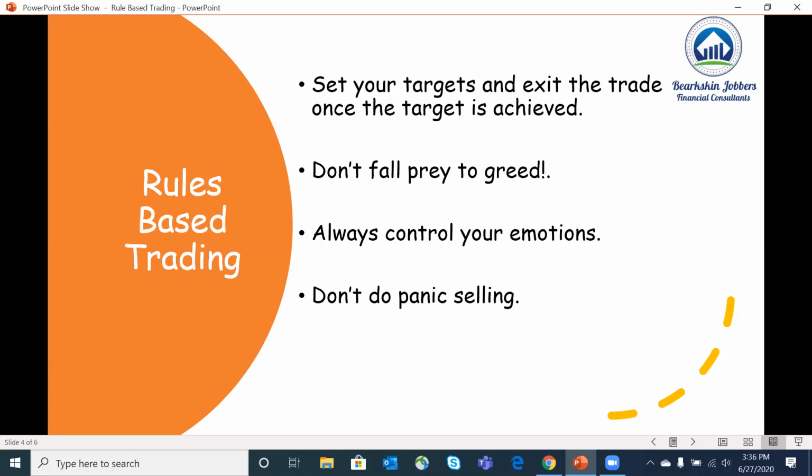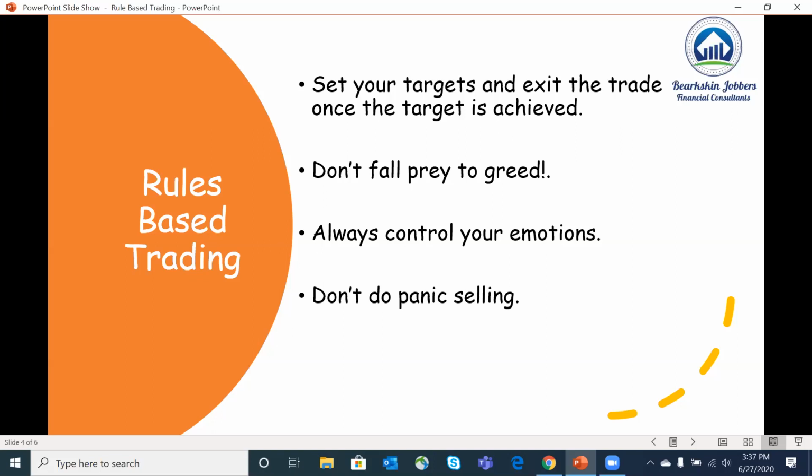If from 13 it goes further up to 15, don't think that you have lost $2. You have not lost $2. You have actually gained $3 in this trade. So be happy with what you have earned and don't fall prey to greed, and always control your emotions. Emotion sets in when you are focusing on the screen